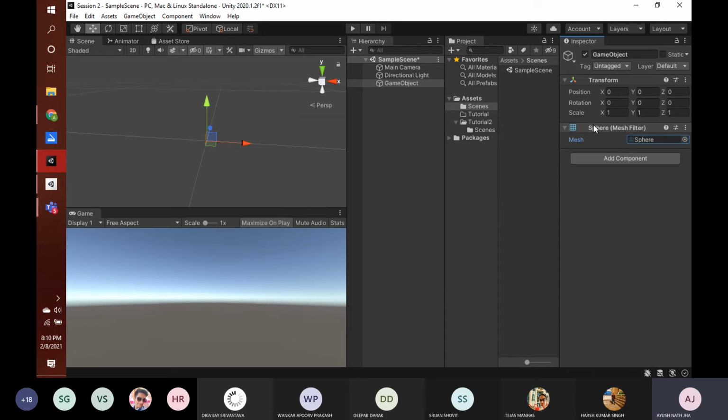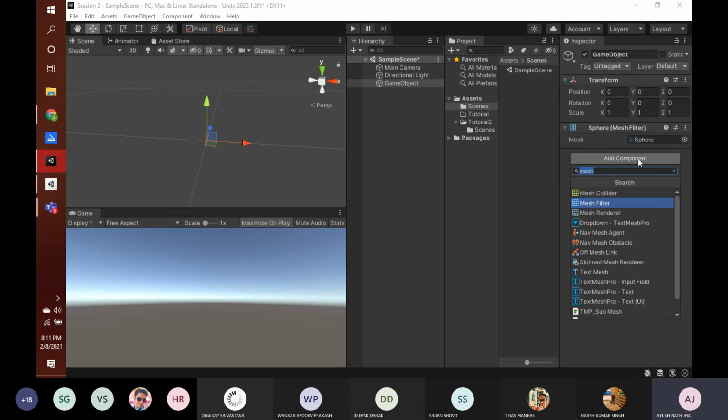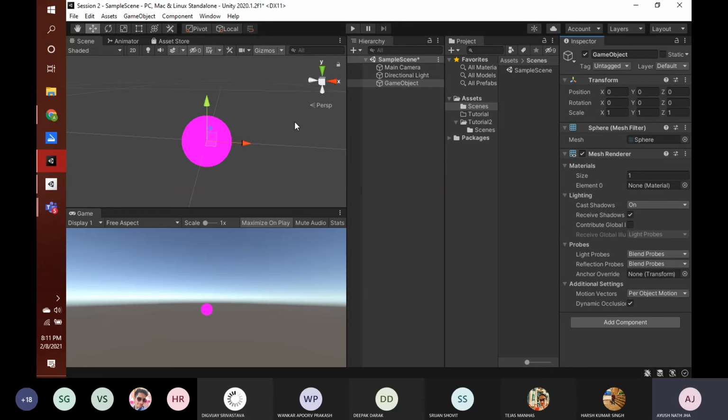Why? Because we have only stored the data related to the vertices of the mesh, and we have done nothing about that wrapping, that special wrapping that actually makes this thing visible. So for that we have to add a mesh renderer. So what does a mesh renderer do? See, now we can see this thing, but it is completely pink. I'll tell you why. As you can see now, this object has got its 3D shape.